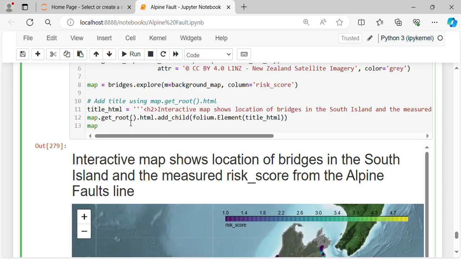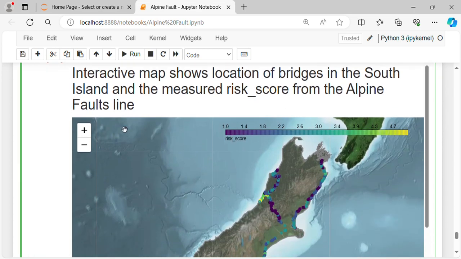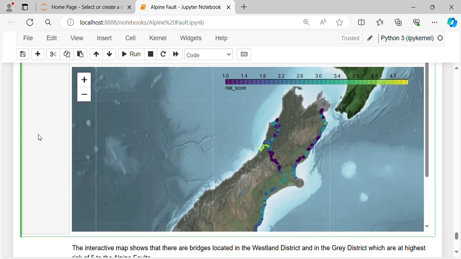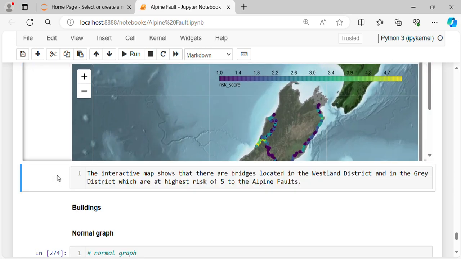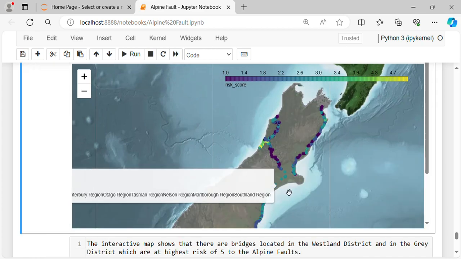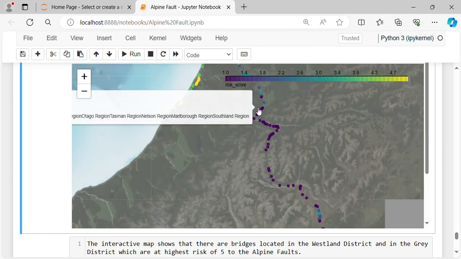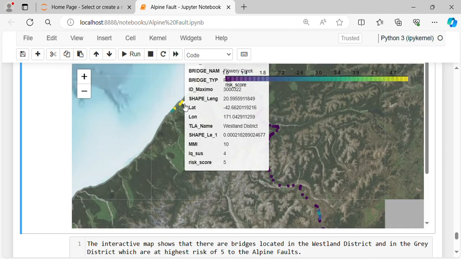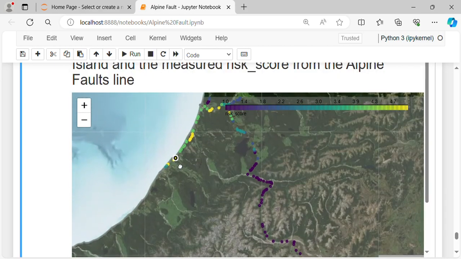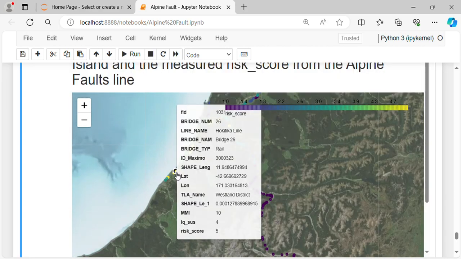Then display the map, so it prints this. Interactive map shows location of bridges in the South Island and the measured risk score from the Alpine Fault line. So you can see now what happens is that if you make this bigger and put the cursor anywhere on the dots, that will give you the information. So if I put it over here, that gives me bridge number 26, line number